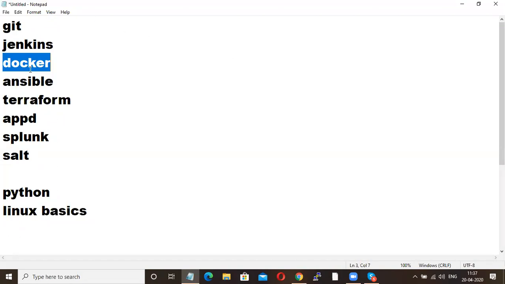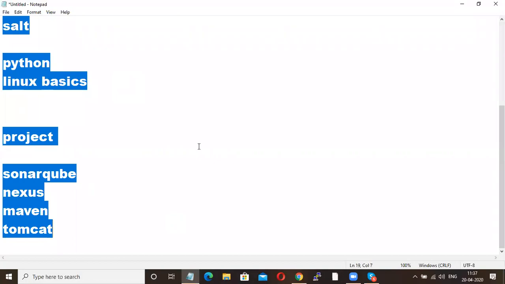Now we are going to see Ansible. Again, Ansible is a configuration management tool. Using this tool, we are going to configure one environment to run one application. Chef and Puppet are competitors of Ansible.